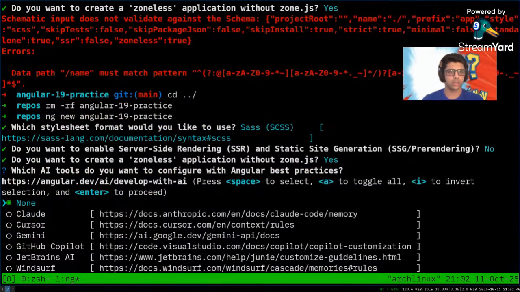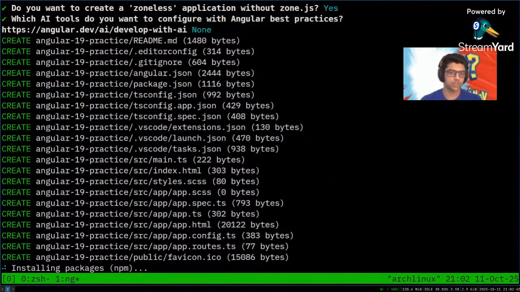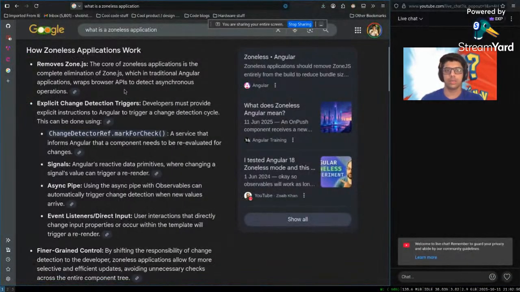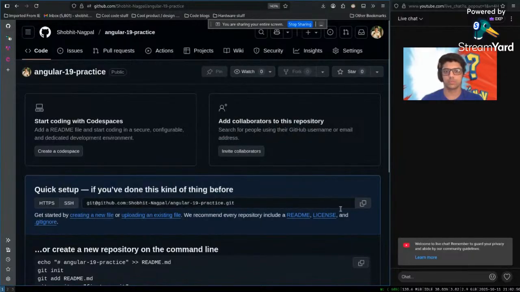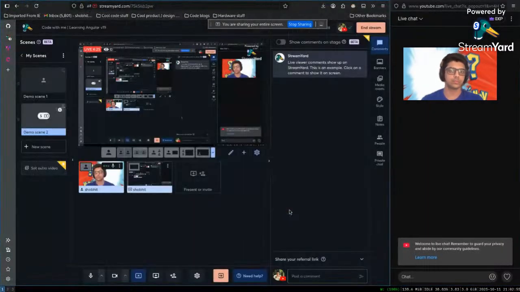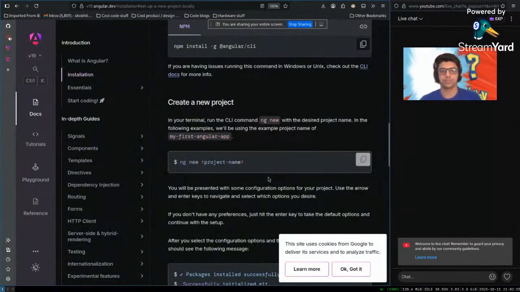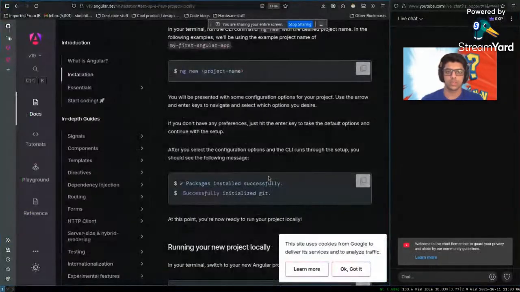Let's go. Which AI tool? None. Thank you very much. Yeah. Where is my GitHub repository? Yeah. So let's go. Successfully initiated a Git. Oh yeah, मुझे GitHub से connect करना ना।